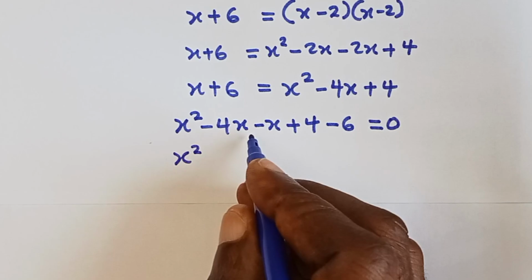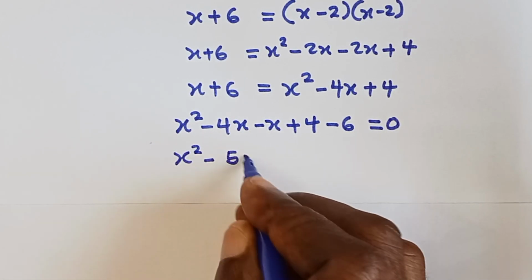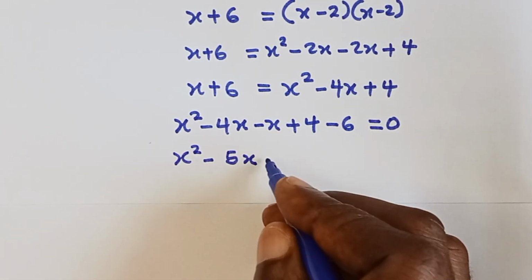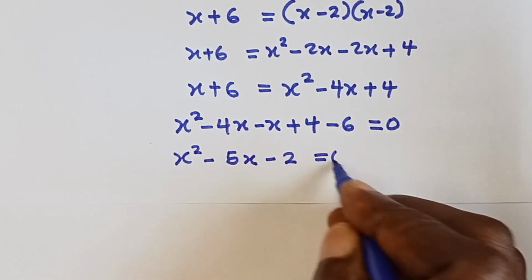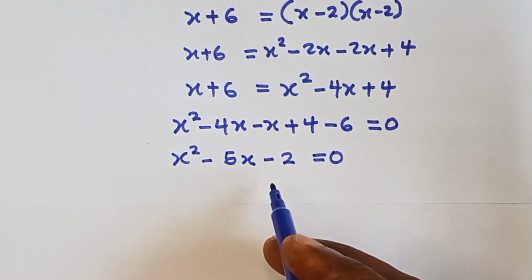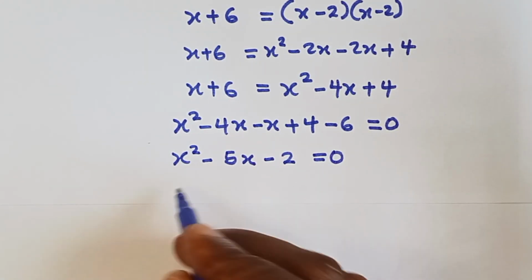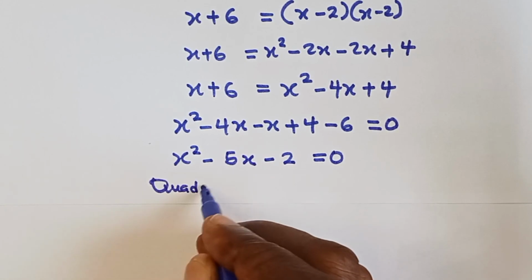We have x squared, minus 4 minus 1 will give minus 5x. And then plus 4 minus 6 will give minus 2. Everything equals 0. Right, so we cannot easily factorize this. We're going to use the quadratic formula. Okay, let's use the quadratic formula